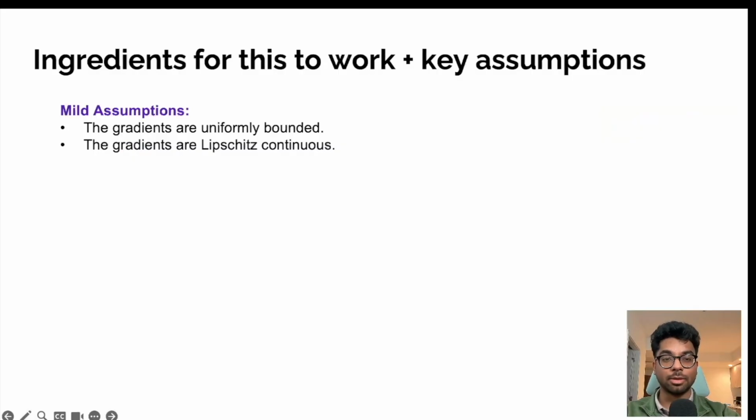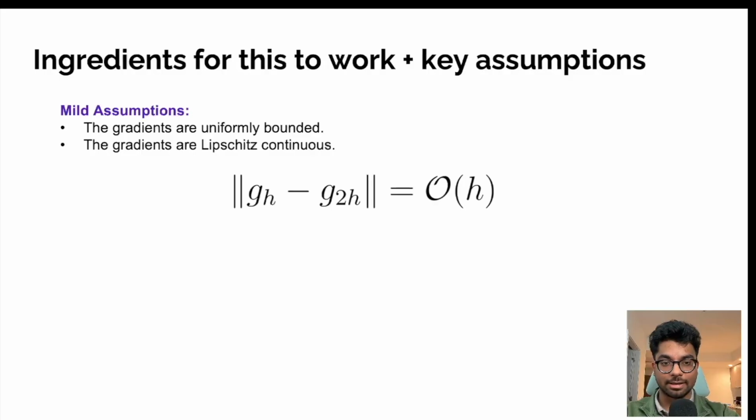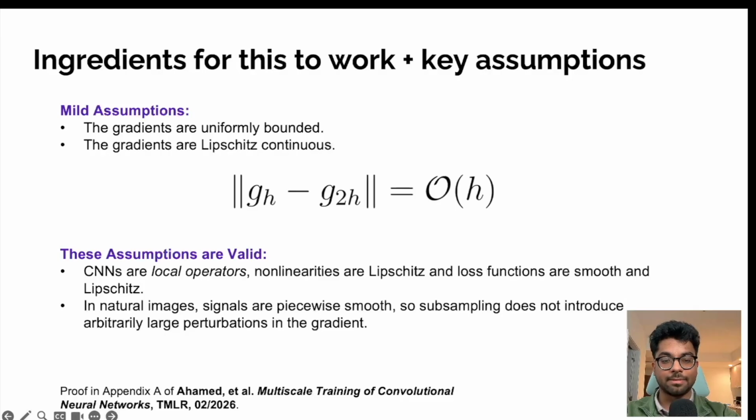For this method to work, we need gradients across scales to be consistent. Under mild assumptions of boundedness of the gradients and Lipschitz continuity, we can prove the following identity. This identity states that the discrepancy between the gradient estimates on the image of resolution h versus the image subsampled on the resolution 2h scales linearly with the mesh size h. To check out the detailed proof, please refer to the appendix A of our paper mentioned in the footnote of